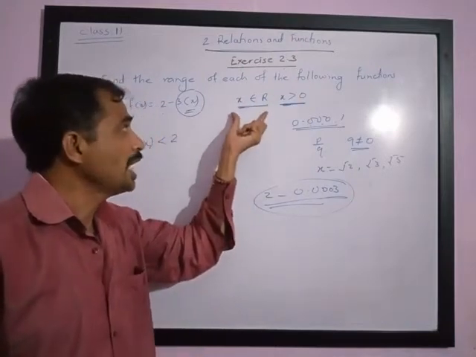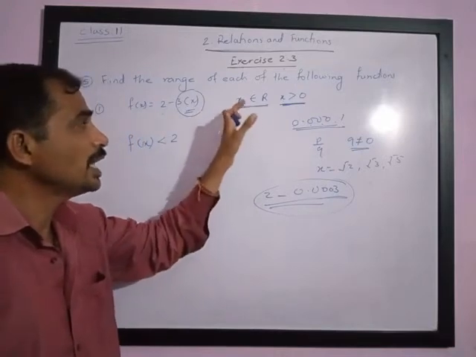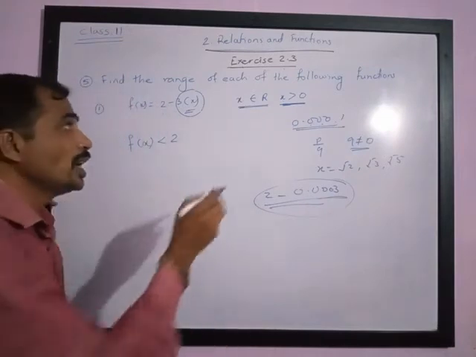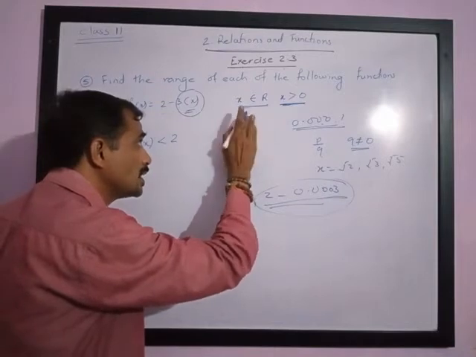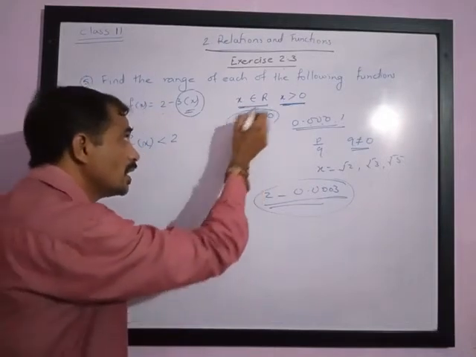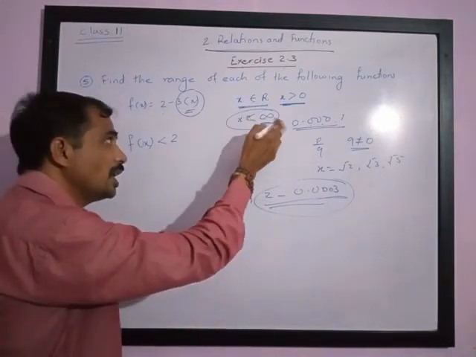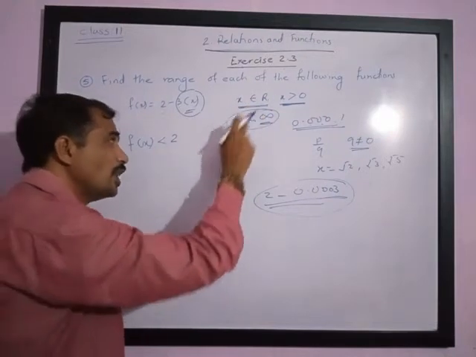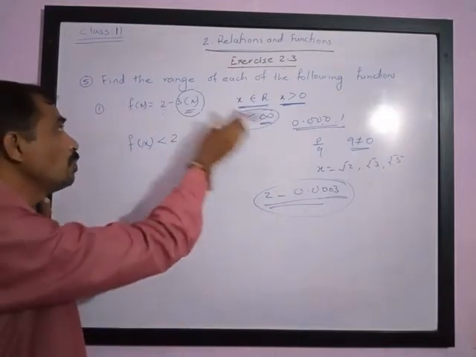Now for doing the calculation, I will take x is equal to infinity. If you take x is equal to infinity, then let's see what happens. Please note, x is not equal to infinity. x is slightly less than infinity. You can say x is a real number, infinity is an undefined number. Infinity is not a real number. So we can say that x can have a very large value, but it is definitely not infinity. So we'll put infinity in this.